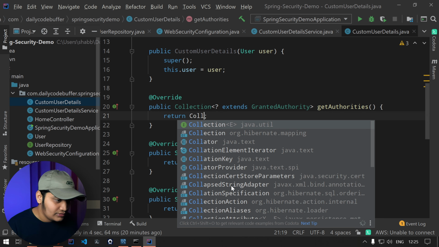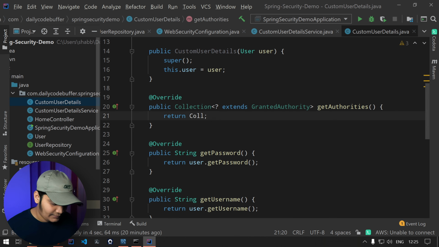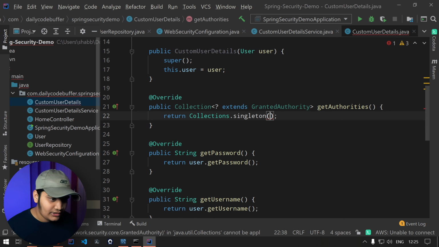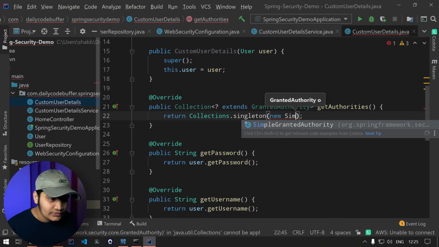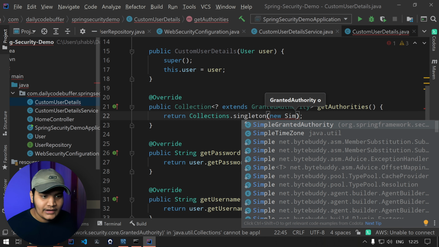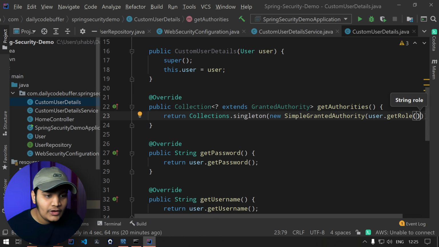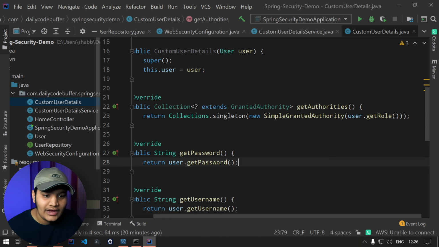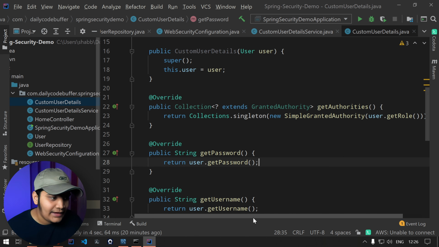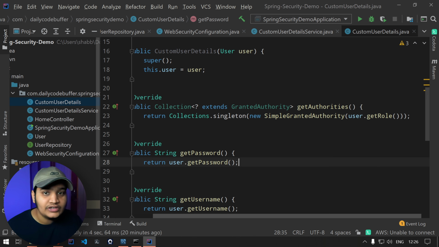We'll do Collections.singleton of a new SimpleGrantedAuthority, and inside this I'll pass user.getRoles. As I'm only working with one role for now, I have given only one role in my collection. If you're working with multiple roles, then you can implement the logic for that.